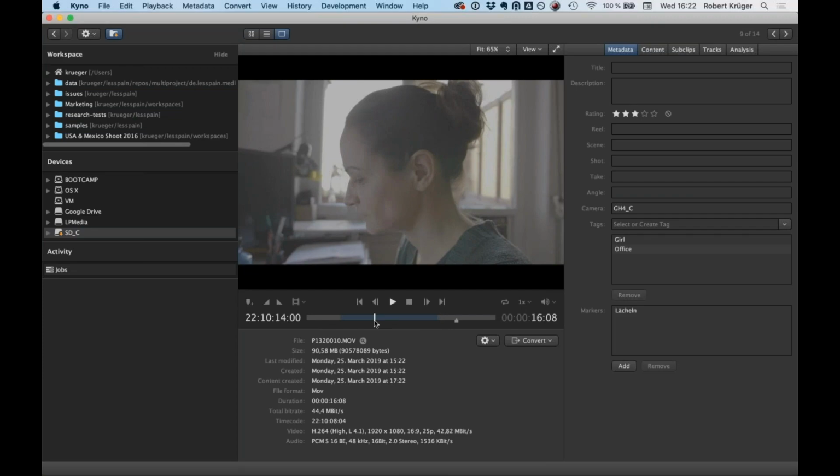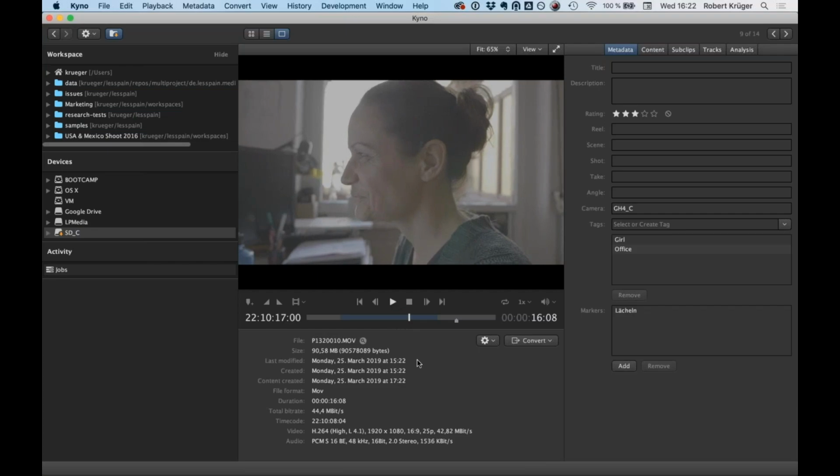What KYNO offers directly on your SD card, without any previous ingest or offloading or cataloging step or proxy generation step, is that it allows you to play back the material in real time on any drive that's connected. It plays back the high-res footage directly. It has a player that has all the functionality you would expect from a professional player in editing software. It has timecode support, it's frame accurate, it is very fast, it has built-in marker support,